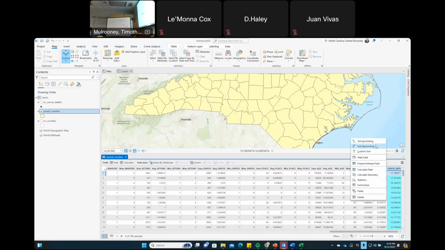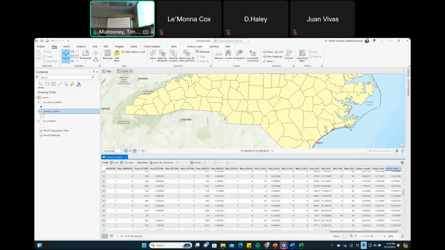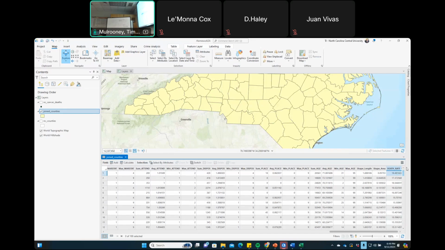Who do we have? Death rates here. I got 18 all the way down to 6. So you can see some counties have like 3 times higher death rates than other counties from cancer. 3 times higher.